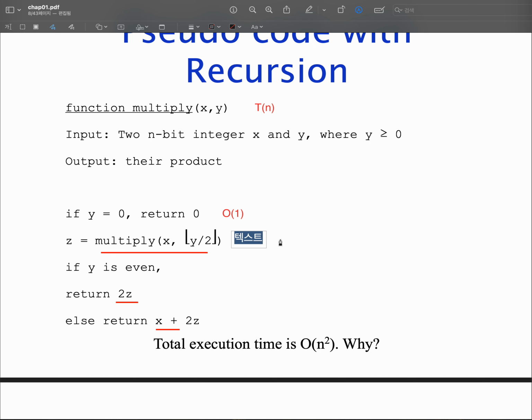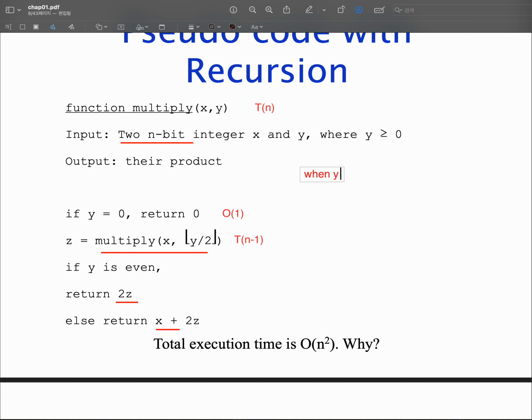How about this one? This one takes Tn. Maybe it's the same Tn, but only the different side is here, y by 2. So maybe this one, no, this should be T(n-1), okay? Because the input is a 2-digit n-digit integer. So in this case, let me think about y equal to